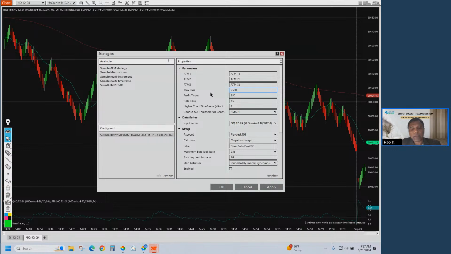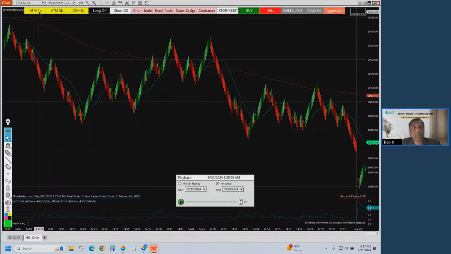loss parameters of 2500. I will explain later why I have set this to 2500, and I'm going to target a very high profit target, $2,000. I will aim for $2,000 and see if the software is able to make me this amount, and how long it takes. I'll